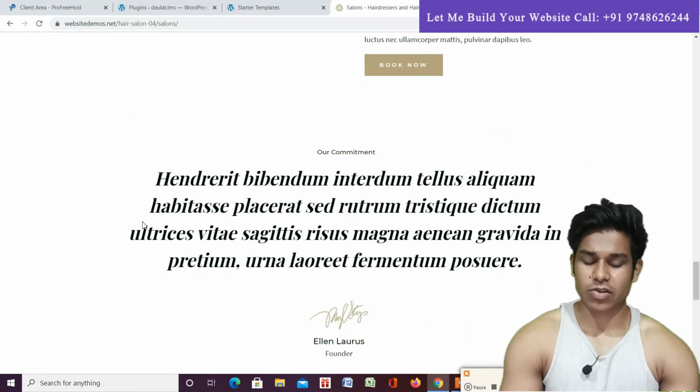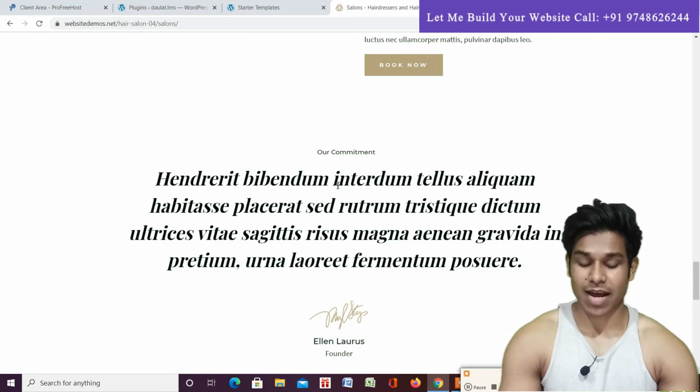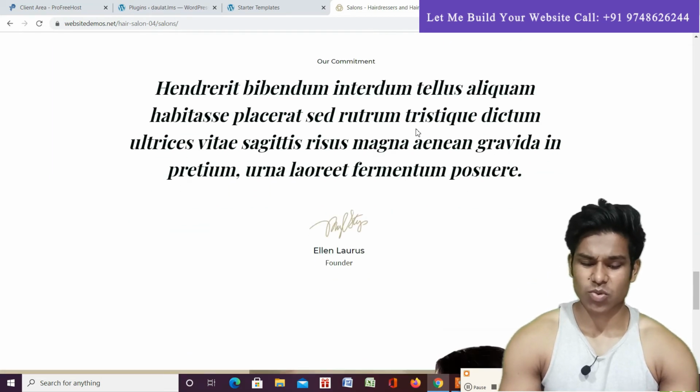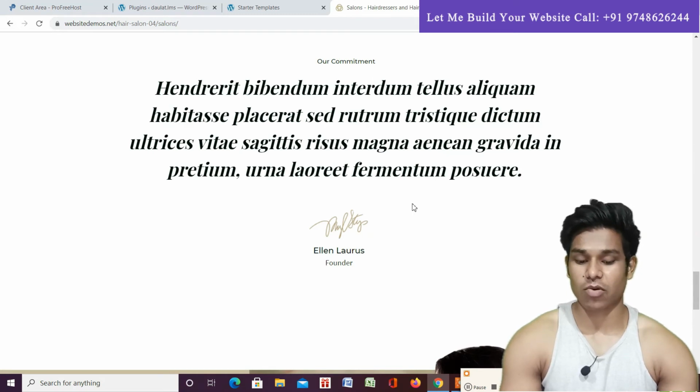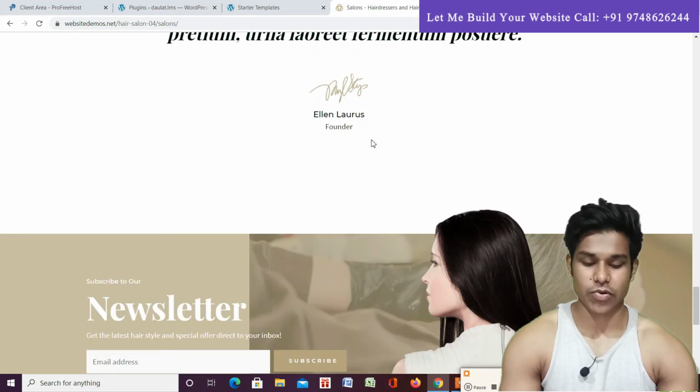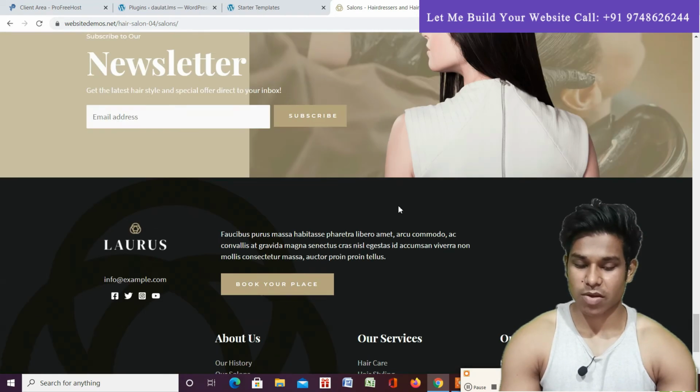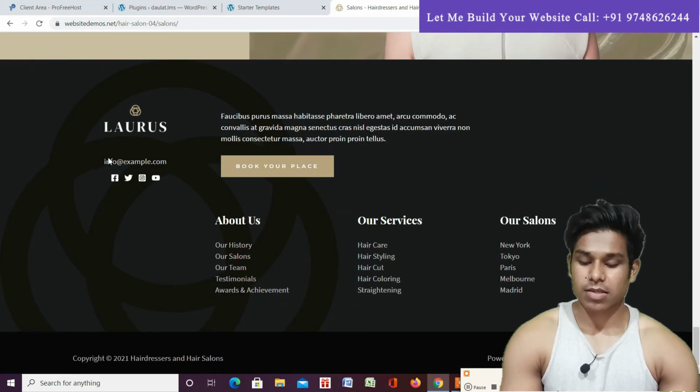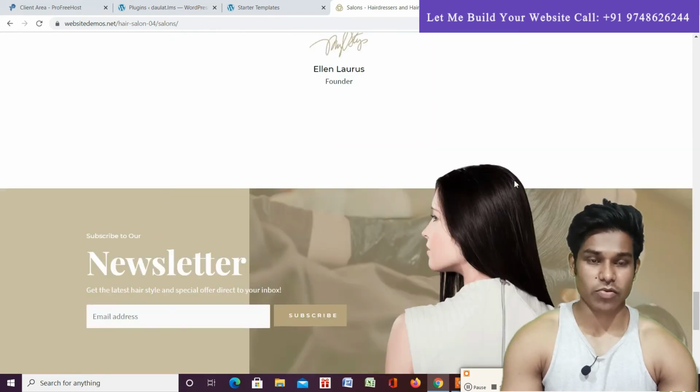If you scroll down, we try to motivate our visitors by adding some motivational quotes. You can display whatever you want. This went with the brand, and we talked with the founder, who wanted to have this one, so we have included it. Again, the footer remains the same. Here we are doing email marketing, and we display the same footer and the same lower portion. This portion is going to be the same throughout the website.